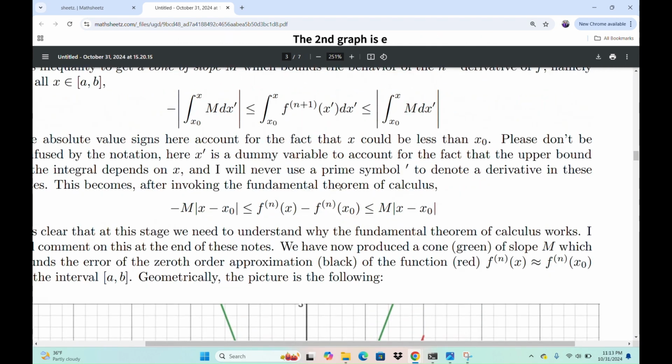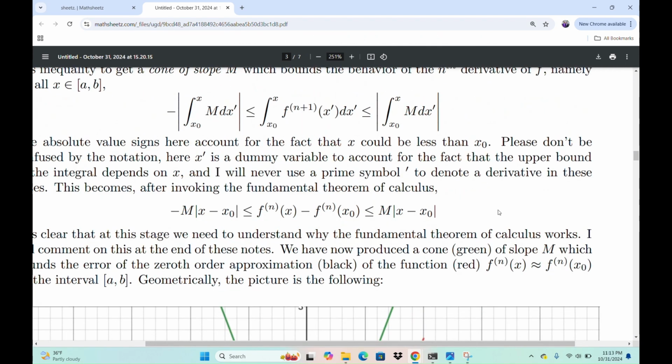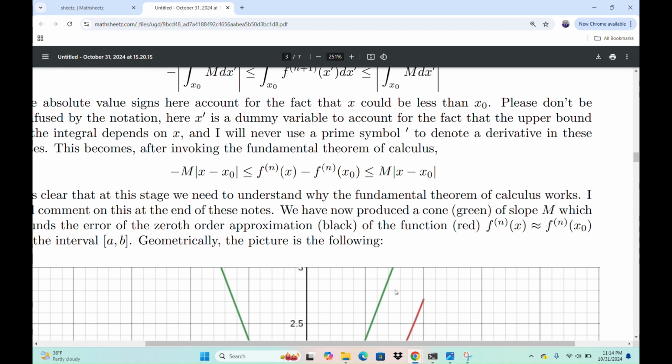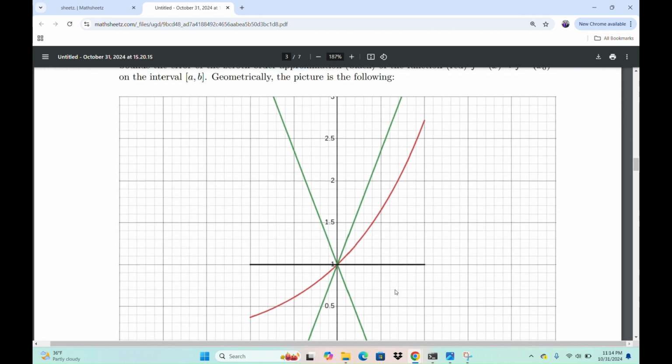Okay, so I have this first approximation given by taking the cumulative area, or the integral, starting at the point that I know and moving forward. Okay, and so I can bound the nth derivative between not just a constant, but inside of a cone. And so you have this inequality, and this is a first order Taylor approximation of the nth derivative. Okay, well I can do better. I can do the same thing. Now I have this picture.